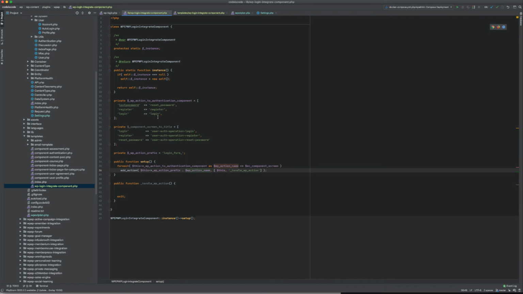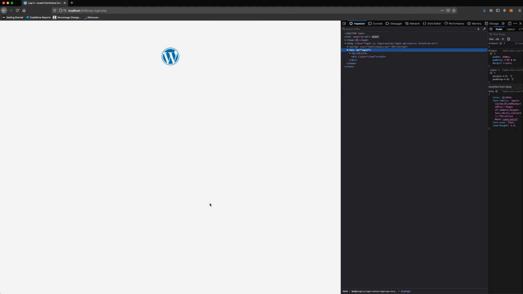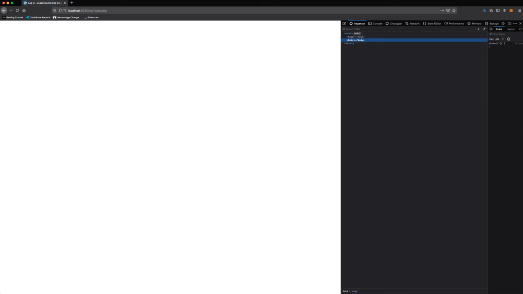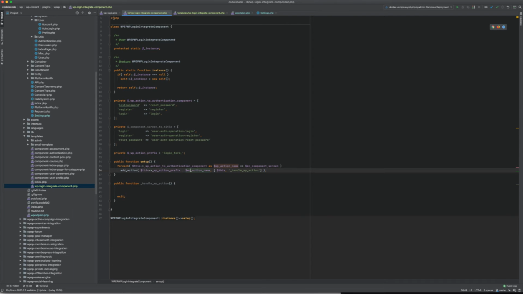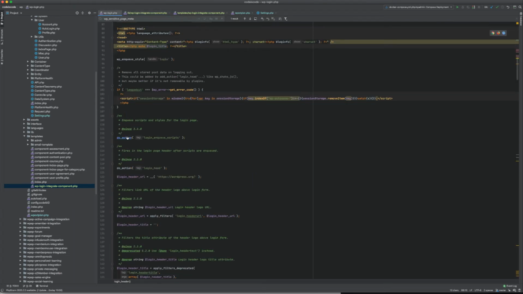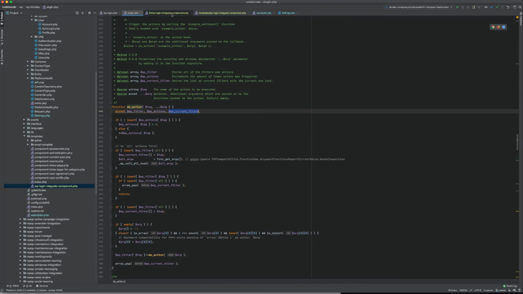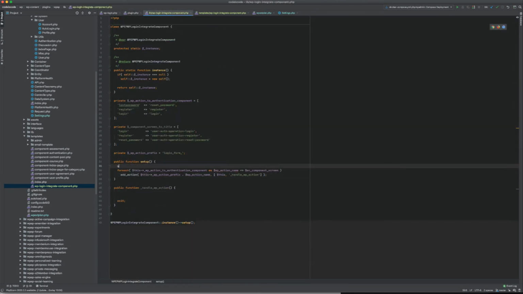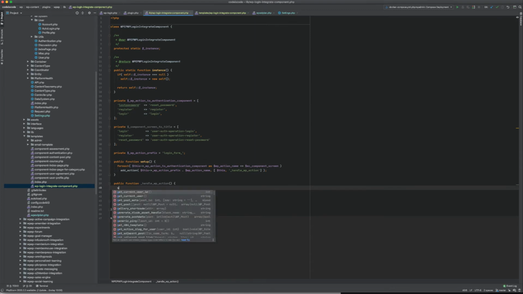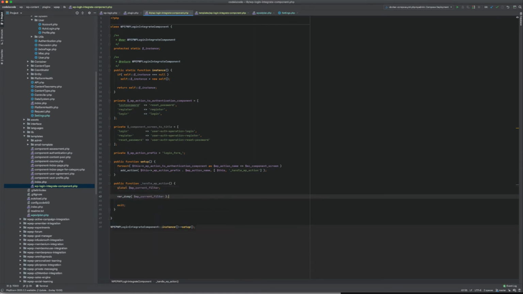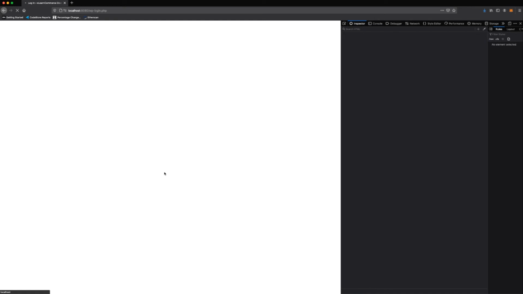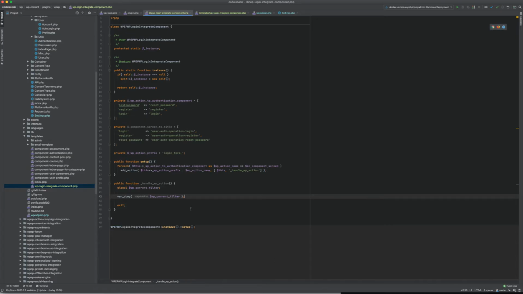So I leave the default WP login stuff. So someone logs in. That's fine, because I will want to do a two-factor authentication at one point. And somehow I will need to redirect the user. Okay, now there was a thing to get the current action. Okay, this is it. So when you're in a filter, you can actually know where you're at in the filter. So what I will do is